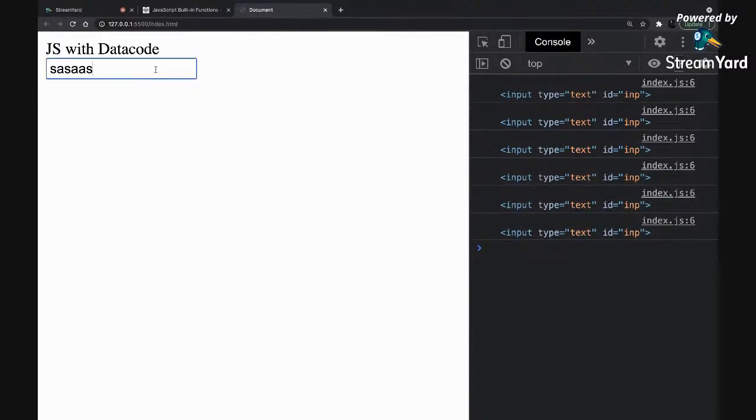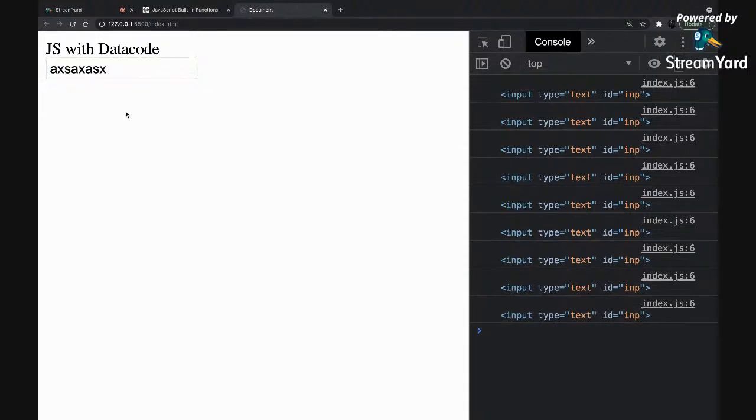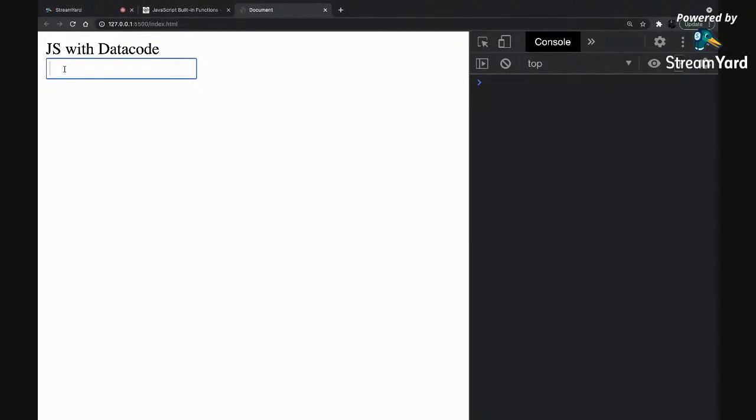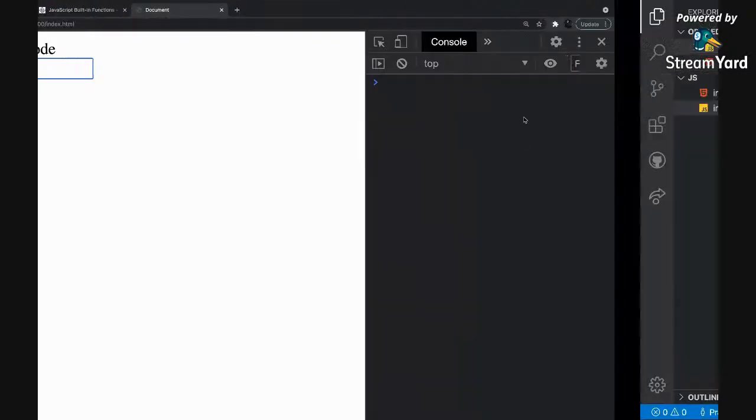So what is the change happening now? I focused the input box. That's a change. I focused out, and whenever I focus out, it will run that. So this is an issue of pure JavaScript, that if I just do this, it won't log, but when I blur it, then only it logs that change. But later on, React or whatever library you learn, they have improved it, and now actually on changing the value, it starts logging it over here.